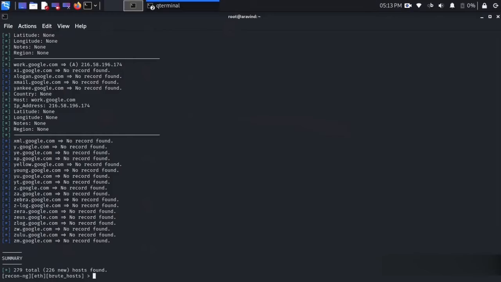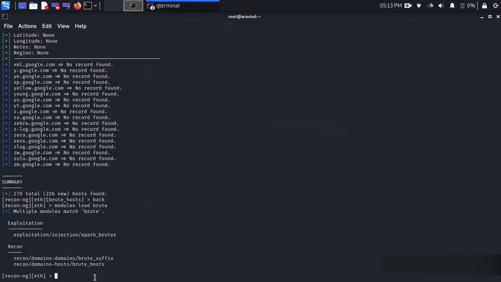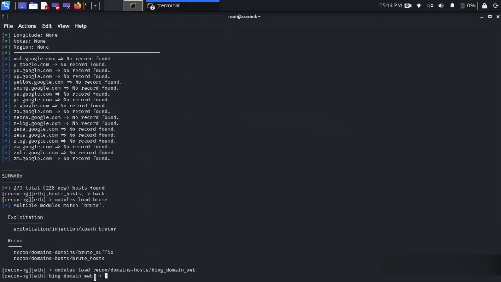We can also use Bing for this purpose. Bing will additionally add some hosts to this list. So let's look at how that is done. For that we follow the same step, we check for the modules responsible for the brute forcing, and we just replace that with domains/hosts/ and then, instead of brute force, we give bing_domain_web.